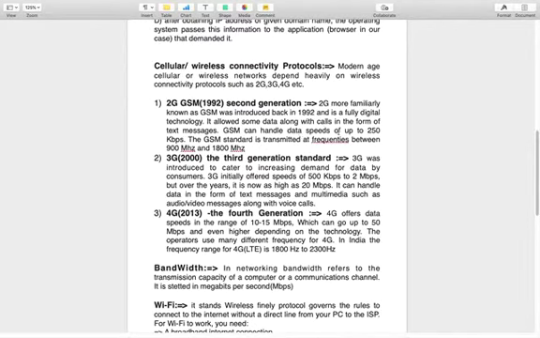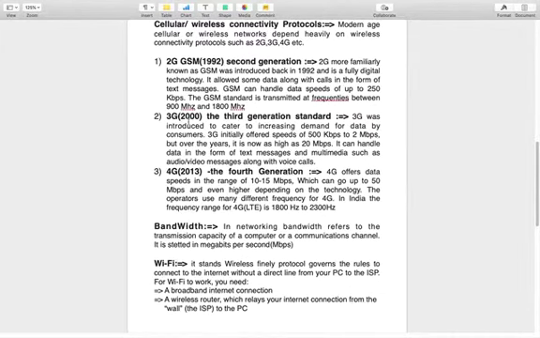GSM can handle data speed up to 250 kbps, and the GSM standard is transmitted at a frequency between 900 MHz to 1800 MHz. So in GSM, only text messages and calls are allowed. Then after this, 3G, which was introduced in 2000, is the third generation standard. 3G was introduced to cater to the increasing demand for data by consumers. 3G initially offered speeds of 500 kbps to 2 Mbps, but over the years it is now as high as 20 Mbps.